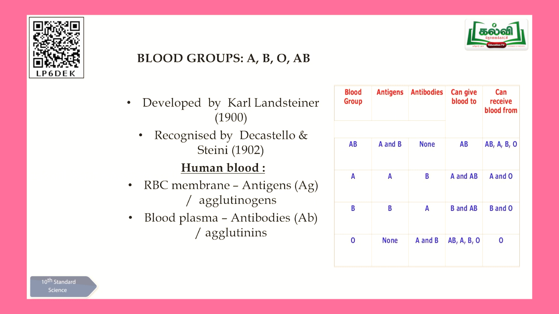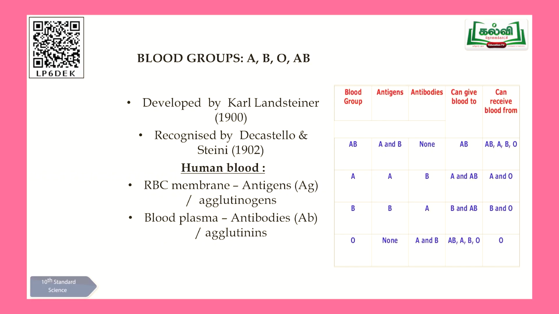If you belong to A group and give blood, and they don't check it properly, agglutination happens. Agglutination means clumping. The blood will be clumped and the patient will be serious, he will die. So, you have to know, if you belong to A group, to whom you can donate. AB is a universal recipient, he can receive from any group, A, B, AB, O, but he can give blood to AB only.